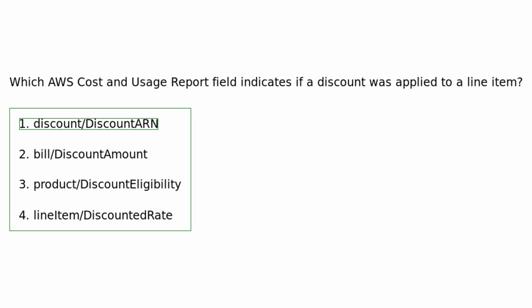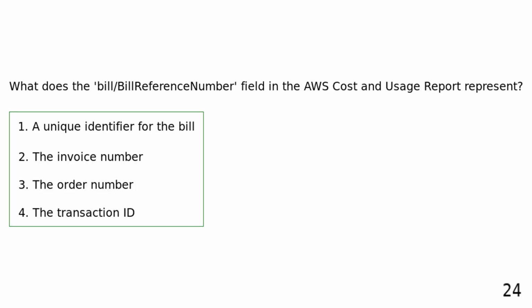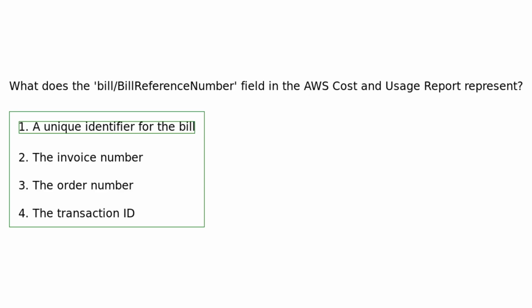its Amazon resource name. What does the bill/bill reference number field in the AWS cost and usage report represent? A unique identifier for the bill. The invoice number. The order number. The transaction ID. The bill/bill reference number field provides a unique identifier for each bill, making it easier to reference or query specific